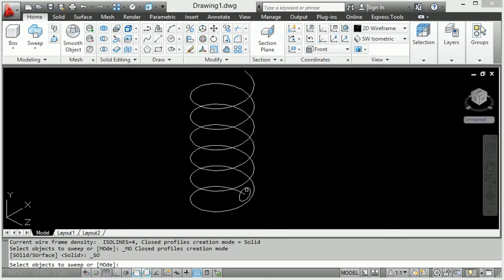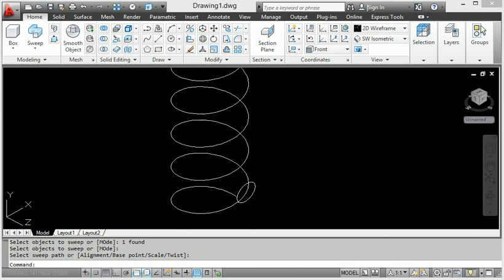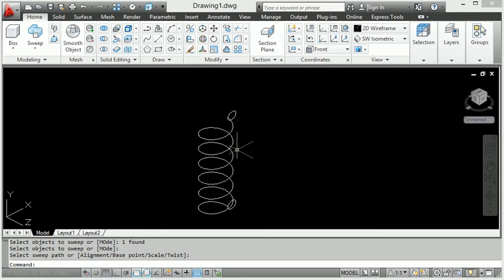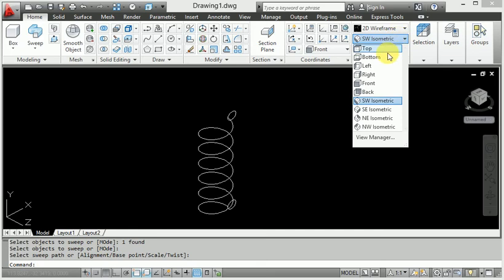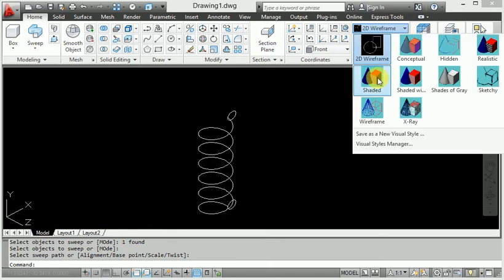This one, select this circle, enter, and click this spline. So here you can see that it makes this. Now I will show you the isometric view in 3D wireframe. Then let's go to visual style, here you can see the visual style, and get 3D.